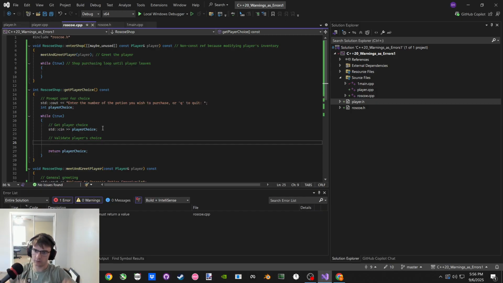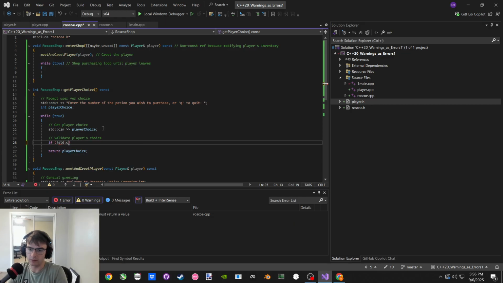And then we check after. Do we validate input in a function or do we just get it here? Guess we could put it here. Maybe it makes sense to move it elsewhere, but we'll see. So we'll say if